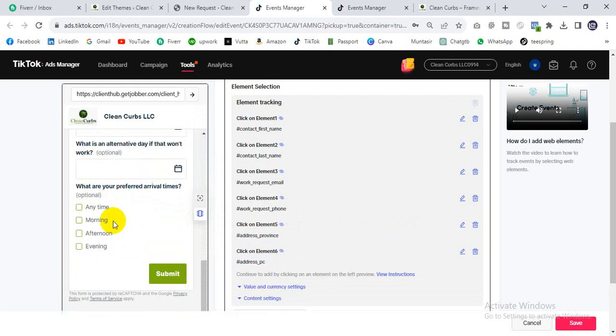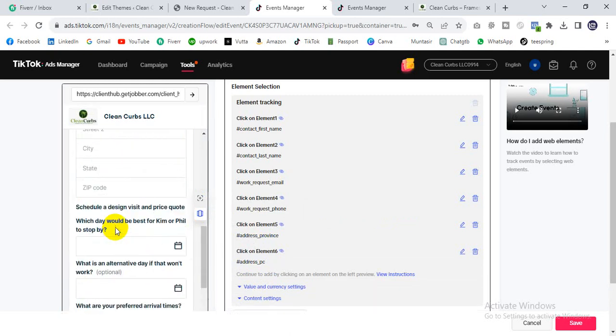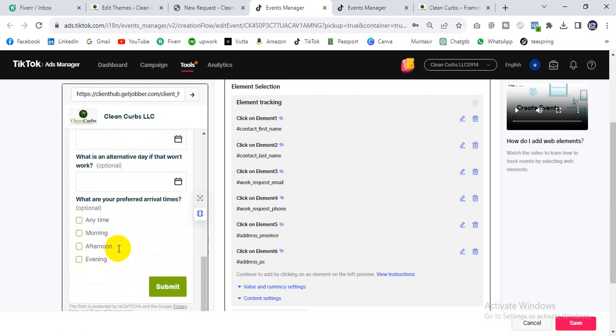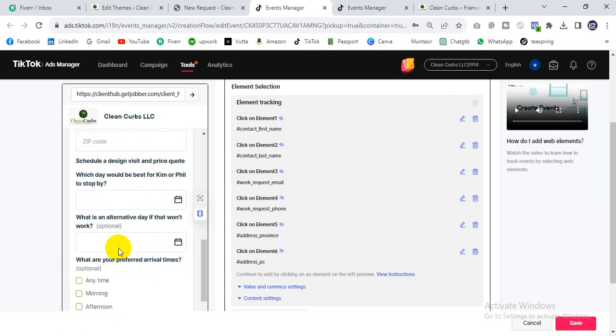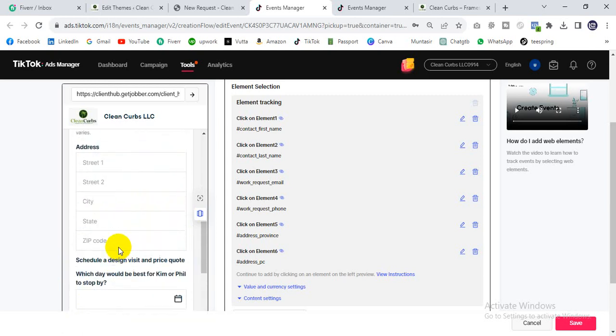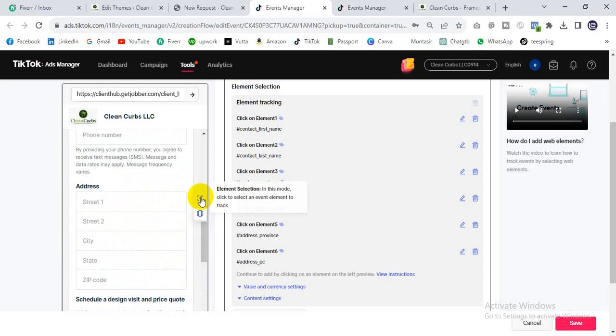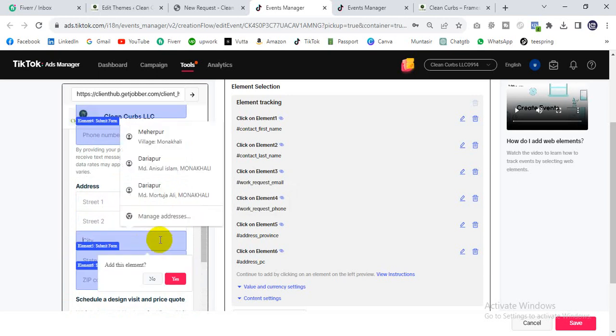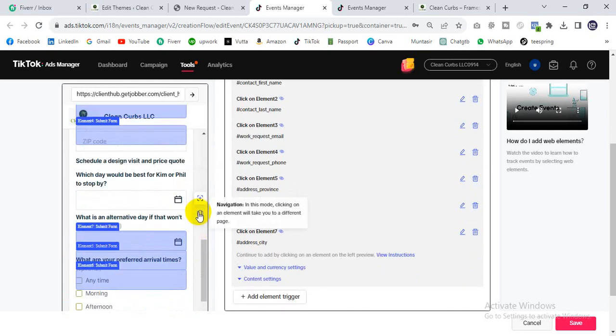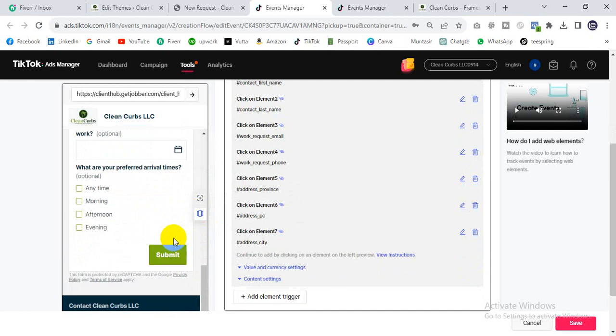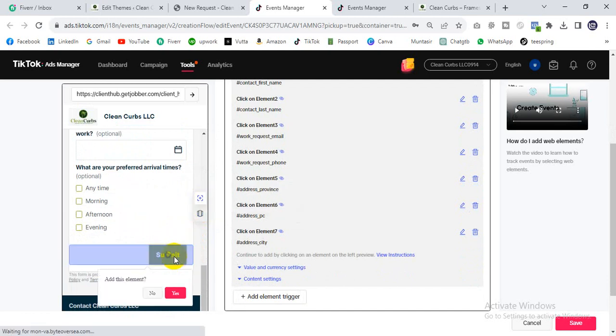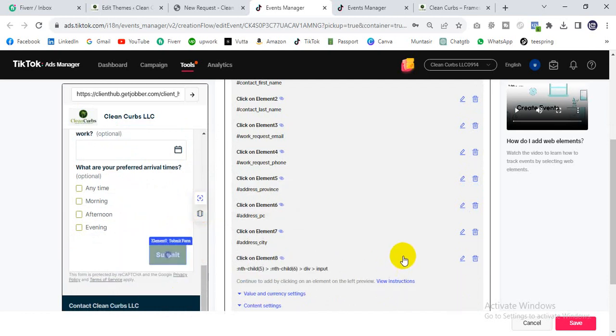This is optional. There is an option for maybe phone number not applicable, and I'll also choose the city. Okay, then I'll click the submit button. Okay, then I hope it will work, and then I will save it. Okay,